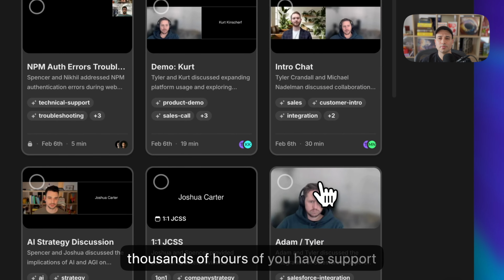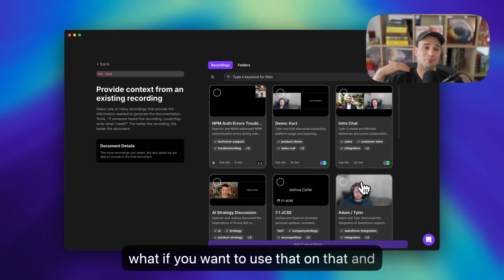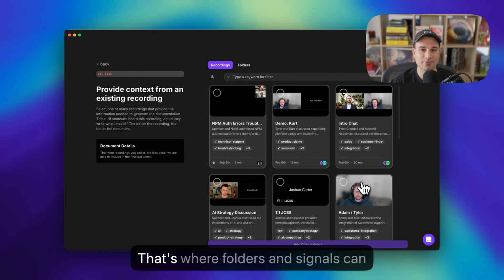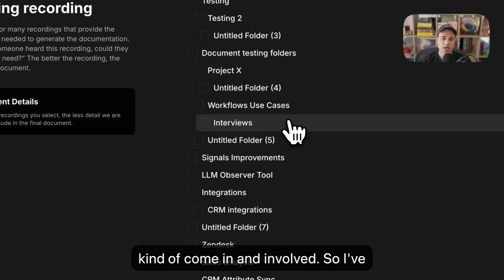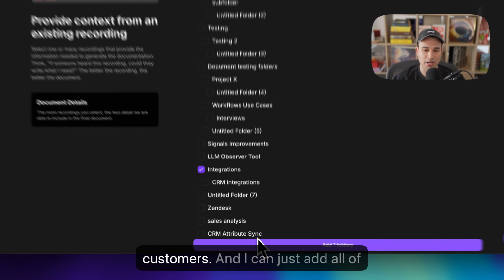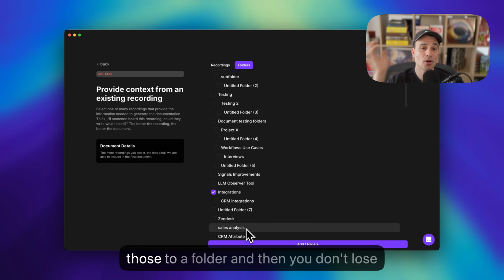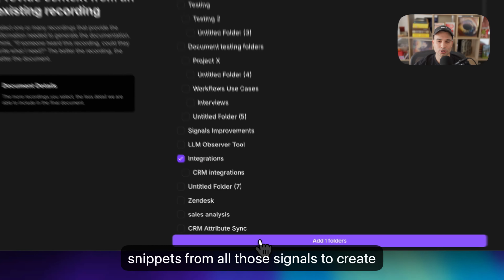Now, of course, you have thousands of hours, you have support tickets, you have all these things. Well, what if you want to use that and you don't want to lose any fidelity? That's where folders and signals can come in. So I've already created a folder of all the integration requests from our customers, and I can just add all of those to a folder, and then you don't lose any fidelity because it's just those little snippets from all those signals to create one